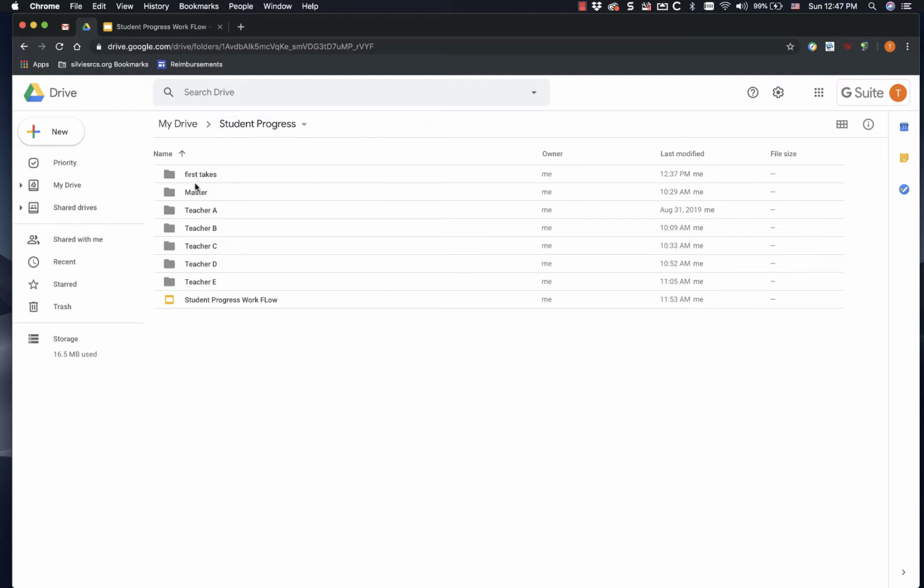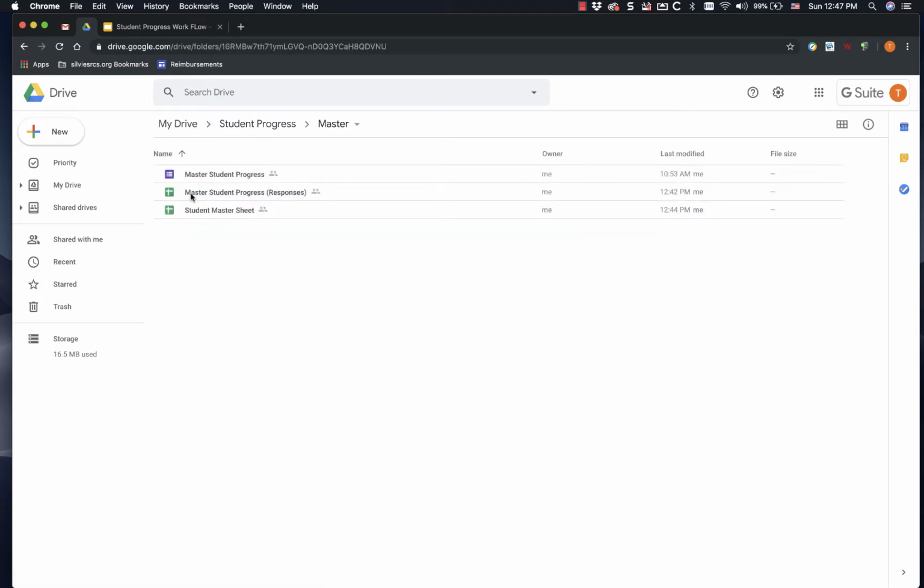And we have a master folder, and in the master folder I have the form that we're going to use, and we're going to be duplicating that form, one for each teacher. And then from that form, we have a student progress response sheet, and we have a student master